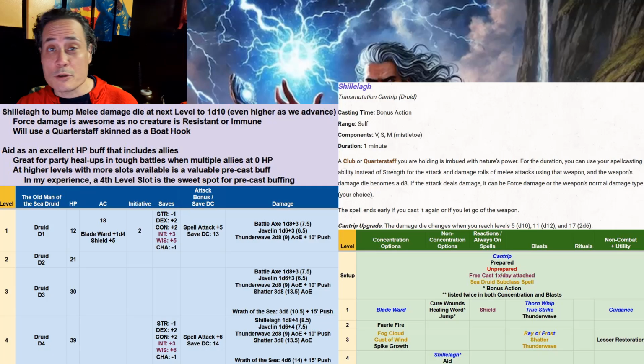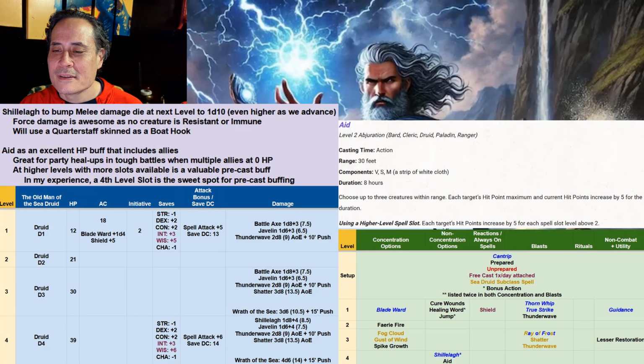And it will give us the option to do force damage, which is amazing because there are no creatures in the game so far that are resistant or immune to force damage, so it's the best damage type. And we are going to be casting Shillelagh on a quarterstaff that we are going to reskin as a boat hook. Finally, as our leveled spell prep, we are going to be adding Aid, because that is an excellent hit